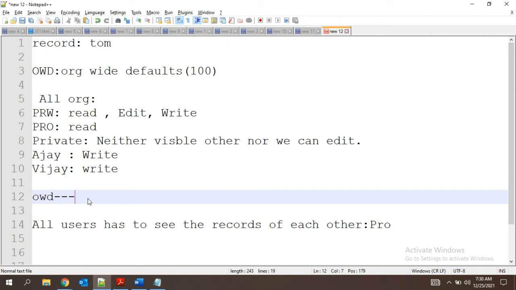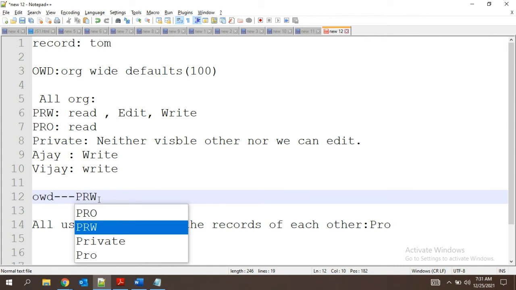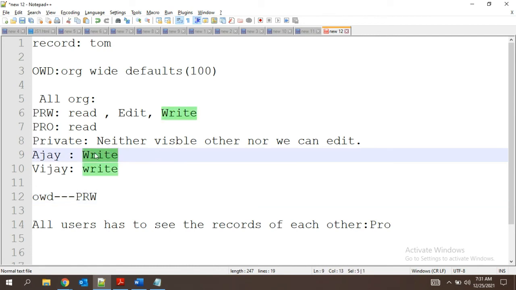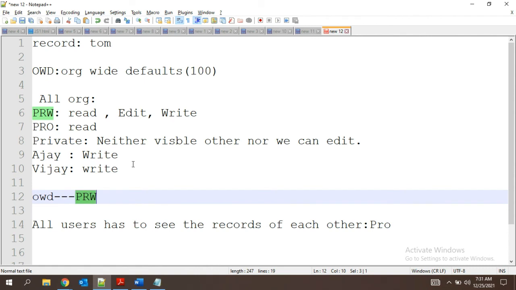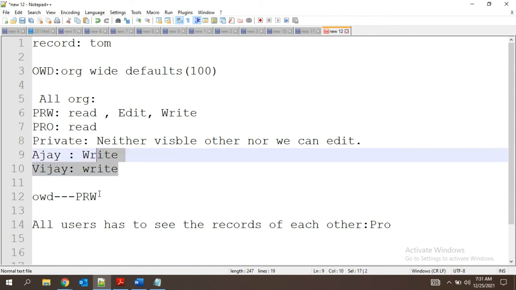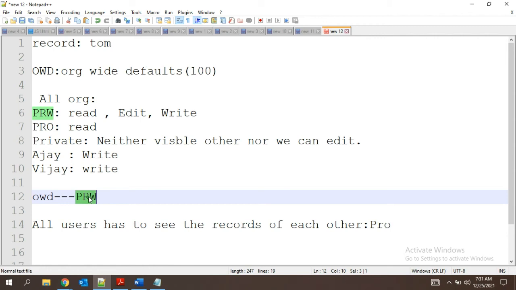PRW. Read and edit. Yeah, correct. Because now we do not have any confusion because both have the same. So we can give the same. Guys, I want everyone to answer. I don't remember who is answering, so no issues. You can answer, okay? If it is wrong, also fine, answer it. Be active. And now because there is no confusion, we gave this.